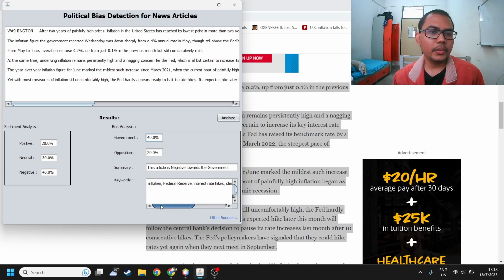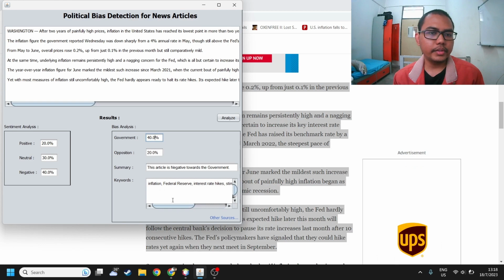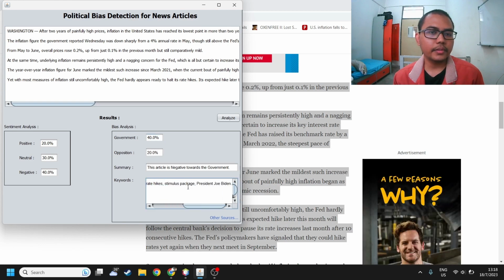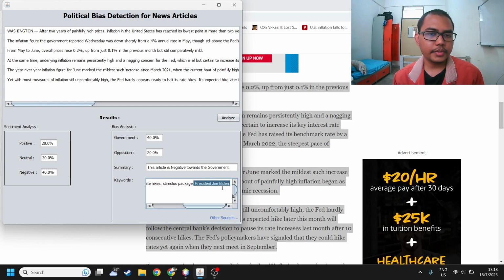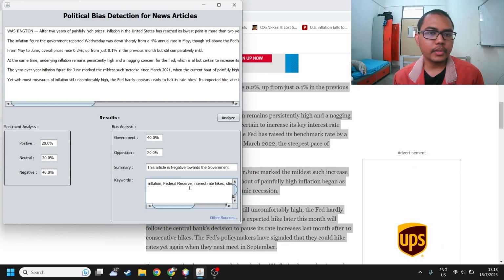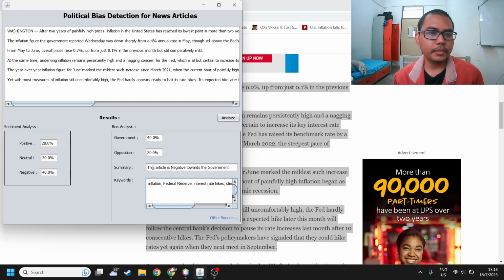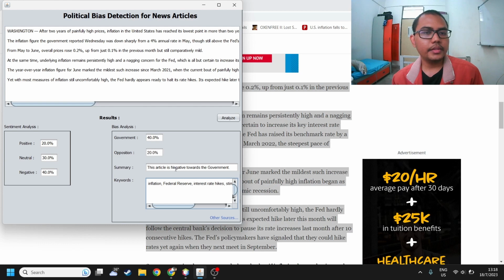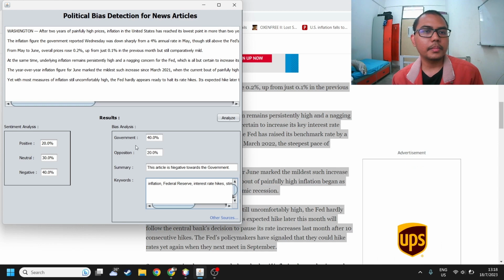And then for the keywords, you can see the keywords are inflation, Federal Reserve, interest rate hikes here being a negative connotation, stimulus package, and then the name of the current president of the US. So it has a negative sentiment here, and also focuses more on the government. And as you can see from the summary part, it will summarize the information in the form of this type of sentence. This article is negative, which is a bias, towards the government,